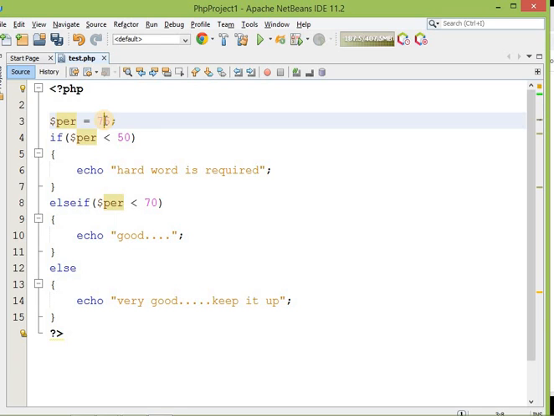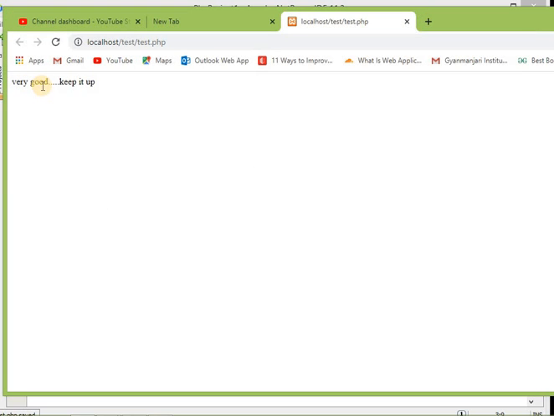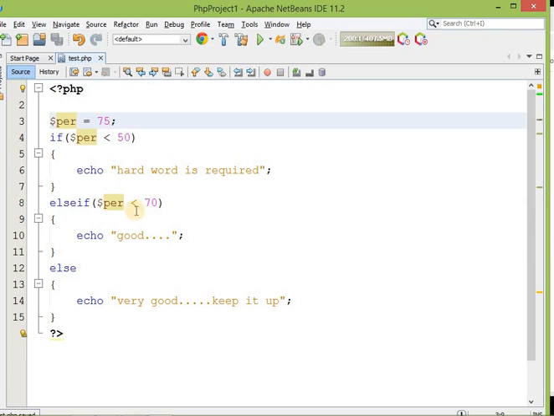But if I put 75, then you can see very good, keep it up. So this is how it works, where over here you can see that there are multiple conditions. We can use else if statements as many times as we have conditions. So this is the if, else if and else statement.